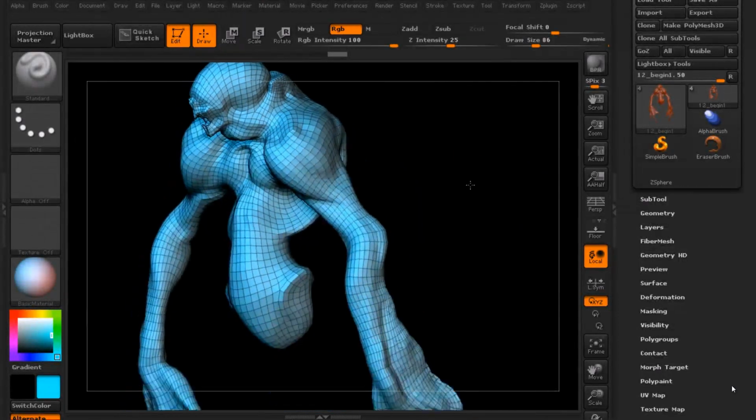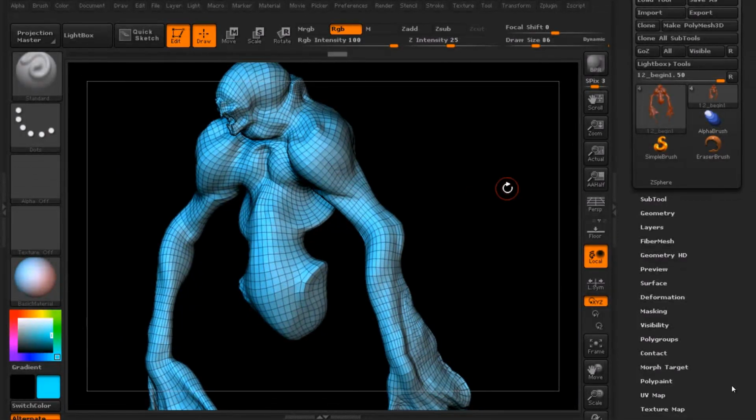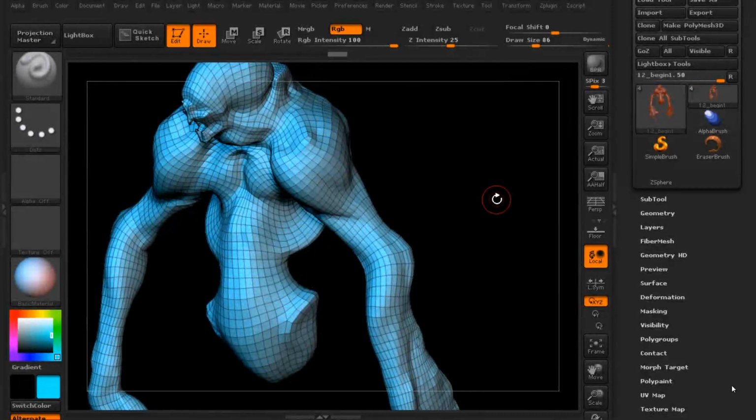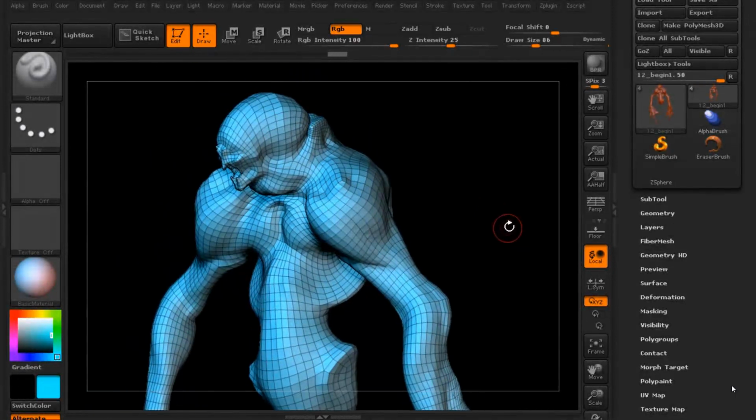So in the next lesson, we'll take a look at posing in ZBrush. There are going to be some similarities to working in Mudbox and some differences, and so we'll talk about